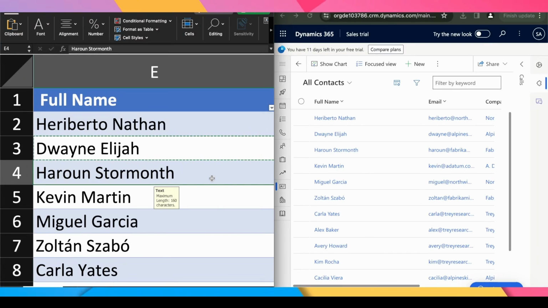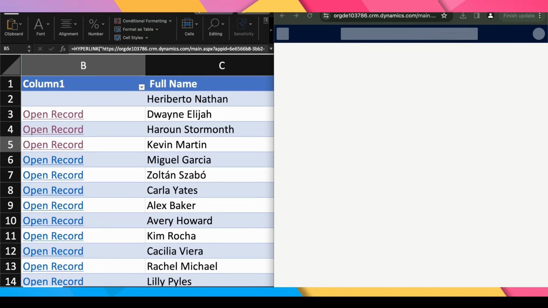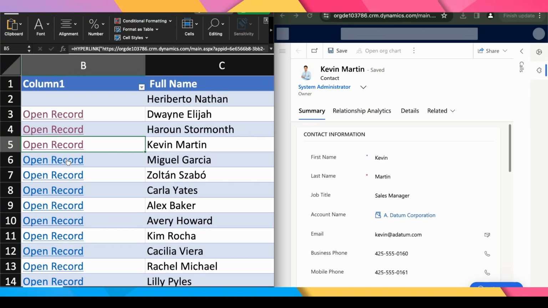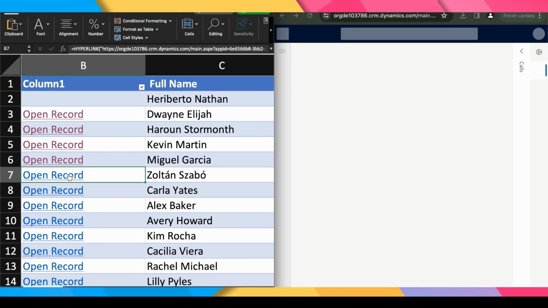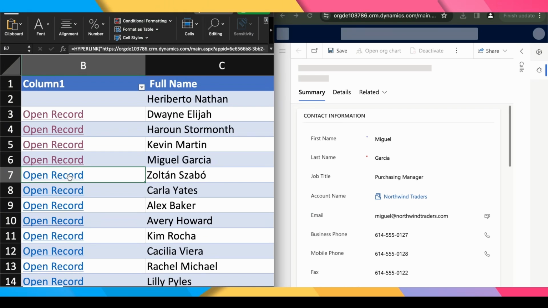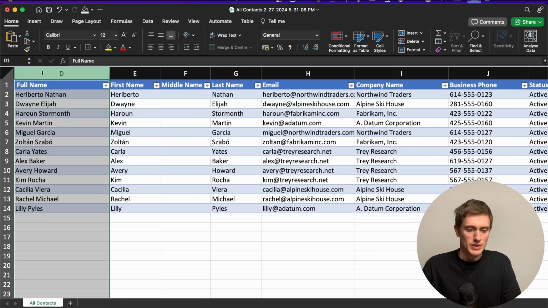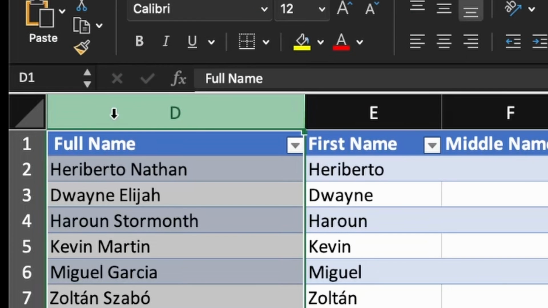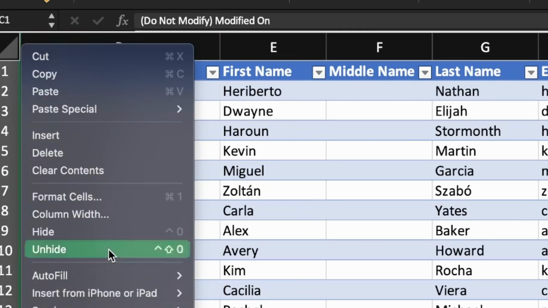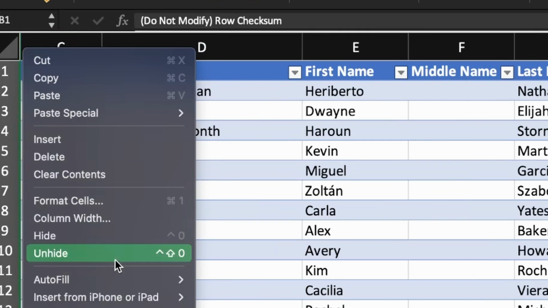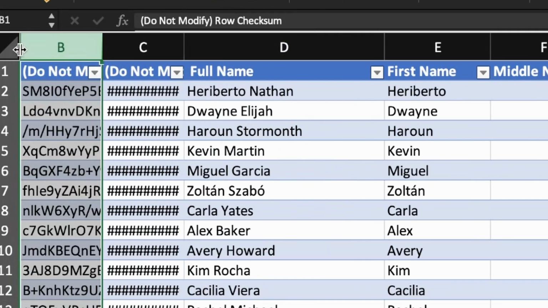So instead of copying and pasting the full names of our contacts, let's create a little hyperlink for each of the contacts we have in each of the rows. And this hyperlink will allow us to open the record by just clicking on the Open Link button. Let me show you. You can see that this is column D, so there's something hidden here. Let me open that. So if I unhide, and unhide again, and unhide again,